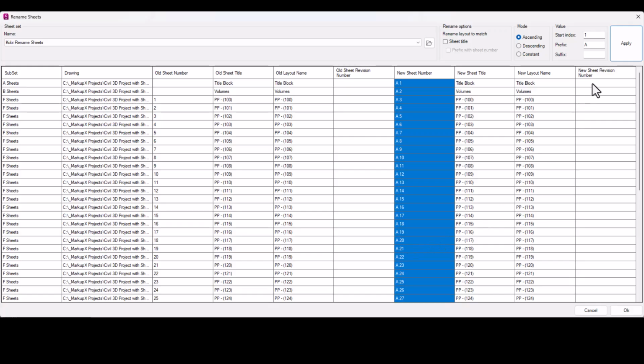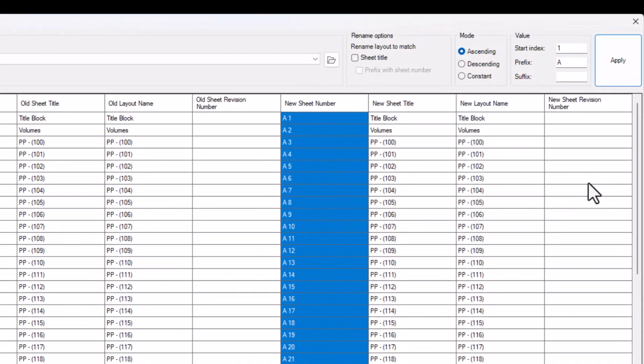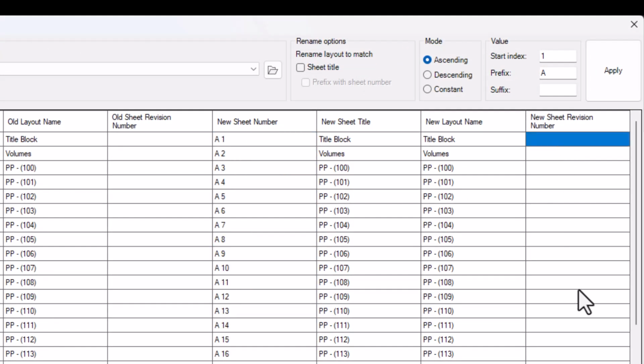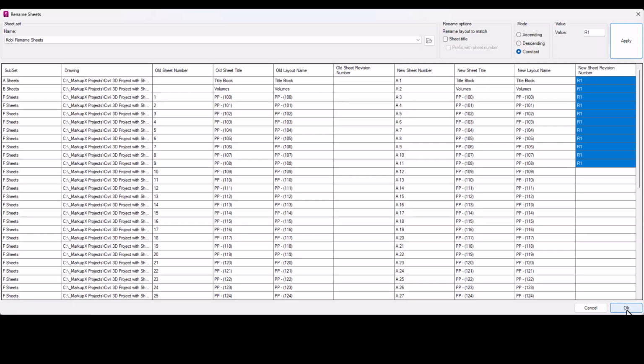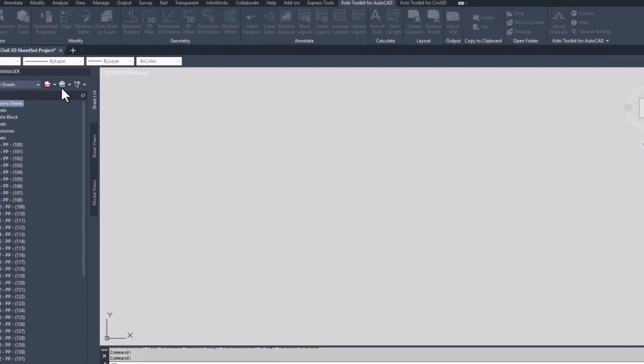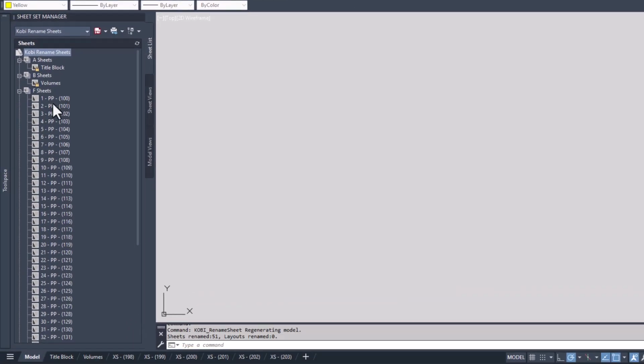Another thing that we've added is to be able to do a sheet revision in here. Now you can select on these and just type in that revision if you wanted to, or you can come up here and go constant, and I'll just say R1, and I'm going to go apply, and now I've added R1 to all of those. I'm going to go ahead and go OK here,